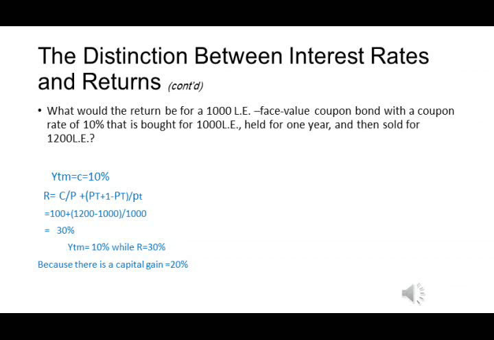فهمتوا قصدي يا شباب؟ يبقى الـ rate of return مختلف عن الـ yield to maturity. تمام؟